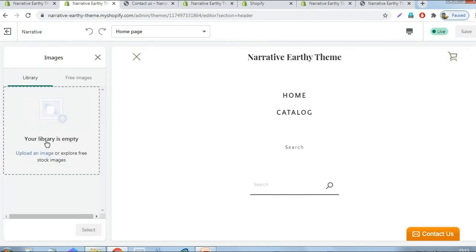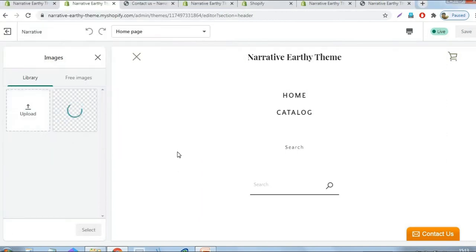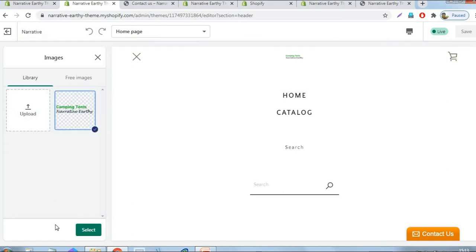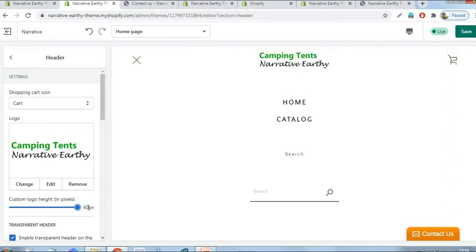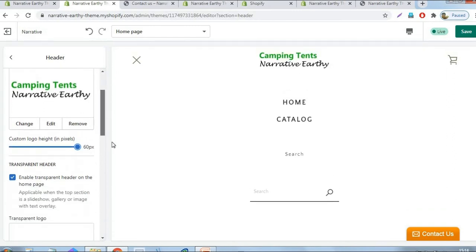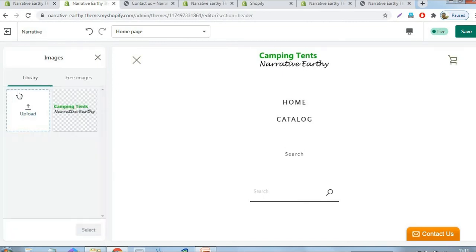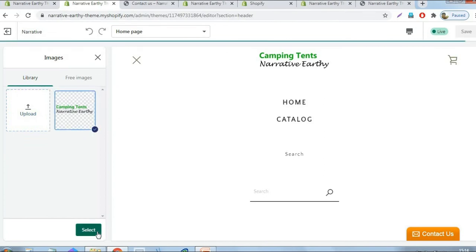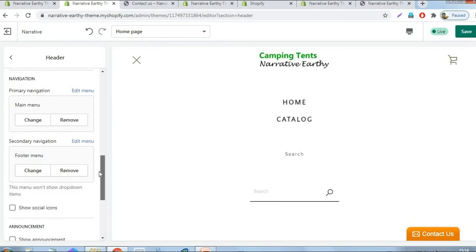First, we upload our logo. Height we will set to maximum. Transparent header. Actually, our existing logo is also transparent, so I just use the same image.